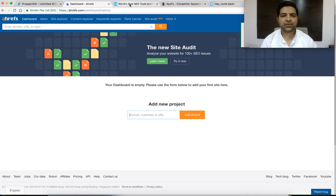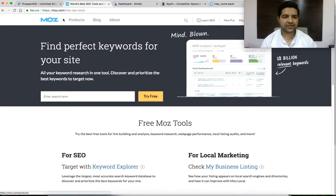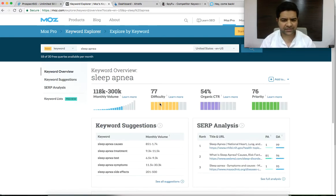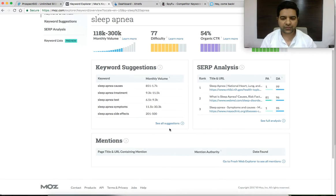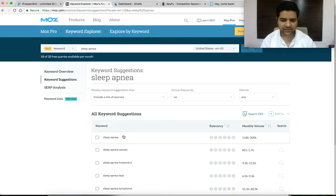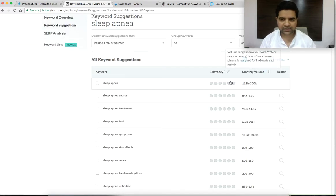Now the second tool which I recommend is Moz keyword research. You might need good keywords for your new client. You could just use the Moz free keyword tool, and then come up with all the related keywords and the competition and things like that. So the less competition, it's going to be easier for you to rank it on page 1 of Google. So as you can see all the suggestions, and you can see the monthly search volume of